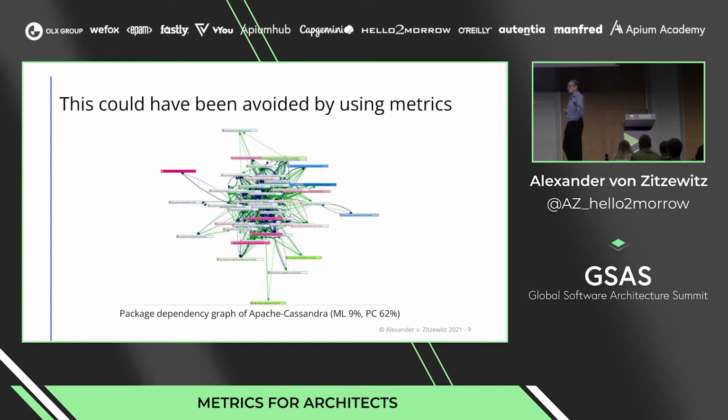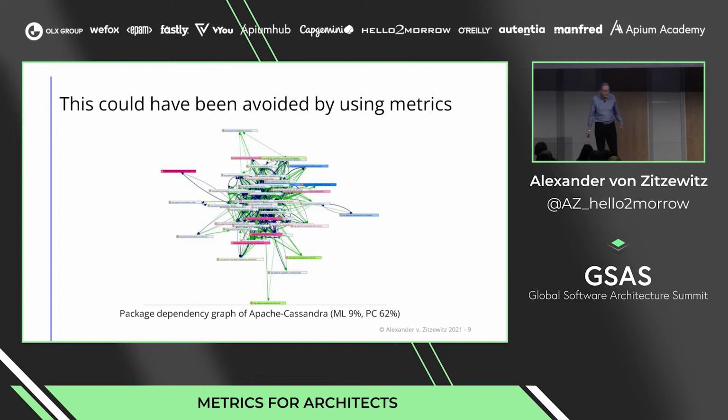That was from Apache Cassandra 2. Now, my assumption was that as soon as you get this big ball of mud stage, it will only get worse from there. And I could actually prove that with a bunch of open source projects. For example, Apache Cassandra 2 had 450 Java files in one big cycle. Apache Cassandra 3 increased that number to 900. In Apache Cassandra 4, this number again increased to 1,350 Java files in one big tangle, everything in one big